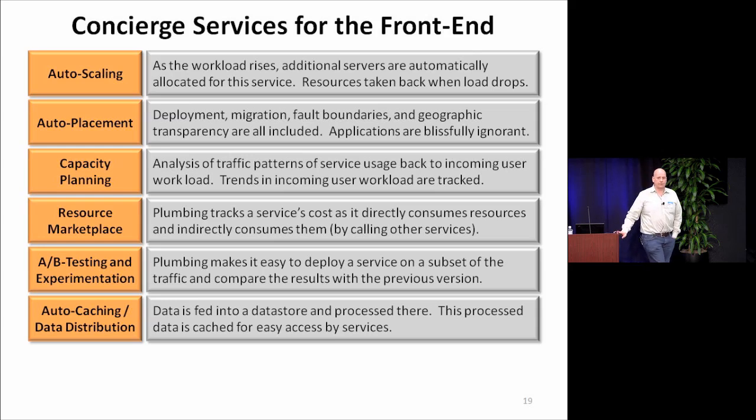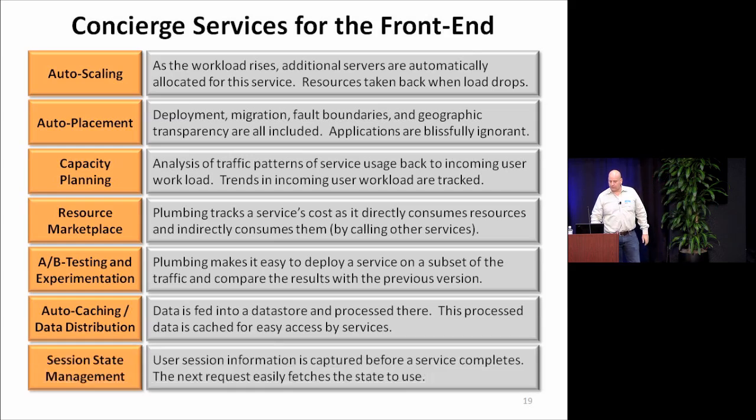Auto caching and data distribution, product catalog and price list stuff, that equivalent or whatever it is, right? There's a ton of data that fits into this world. I want to generate it. I want to push it out into some pub sub environment, and I want to make sure that it goes out into the caches where it can be addressed magically by this code that's running.